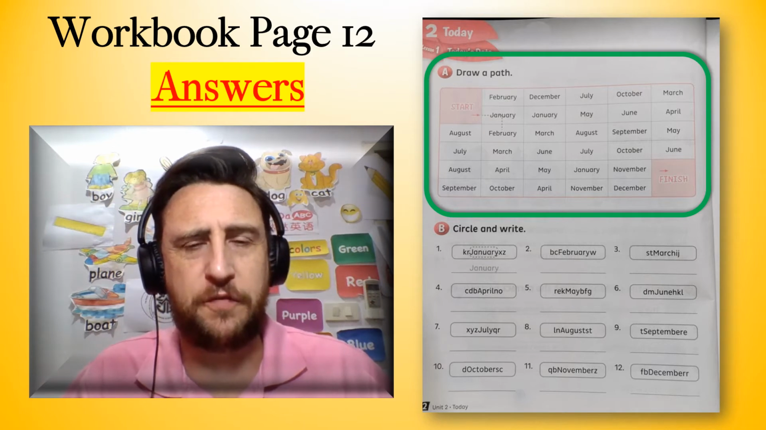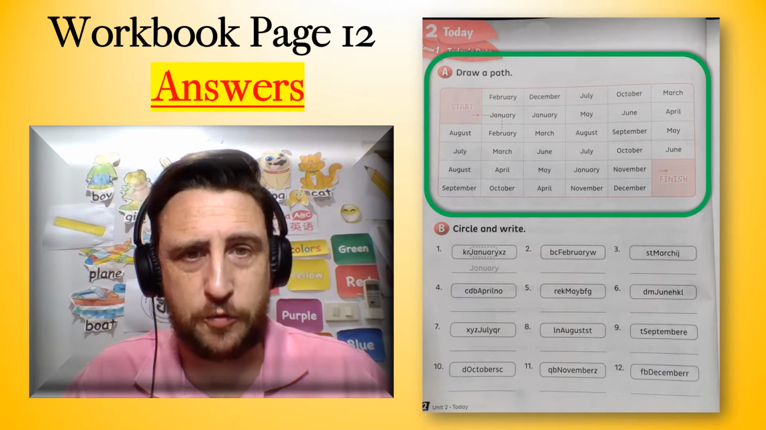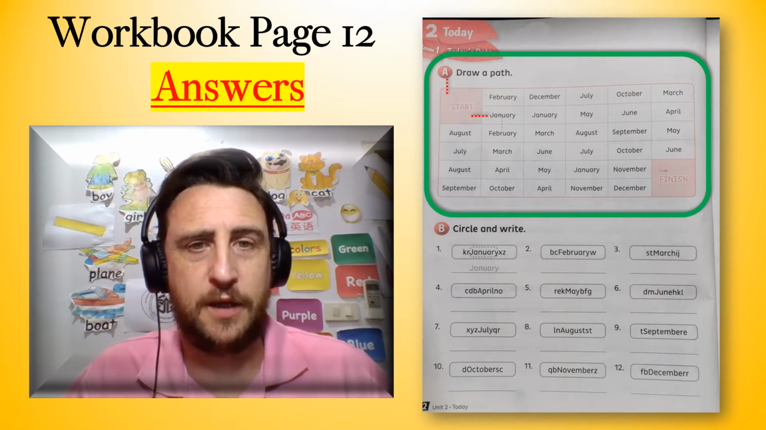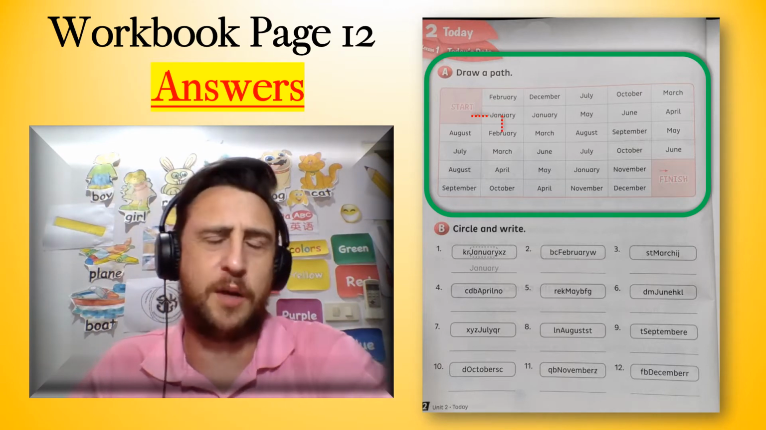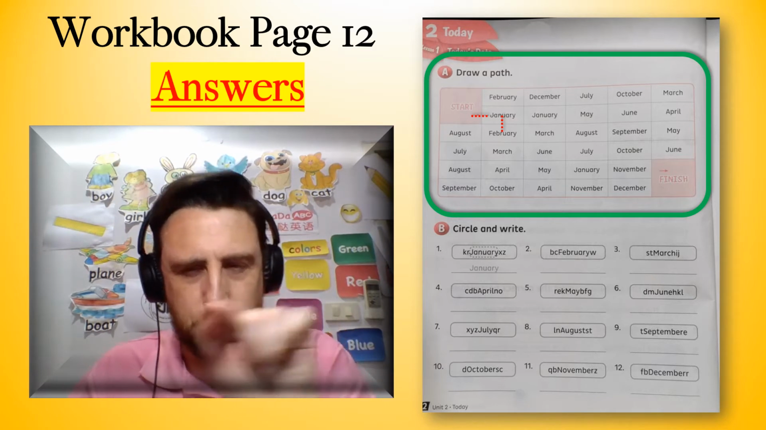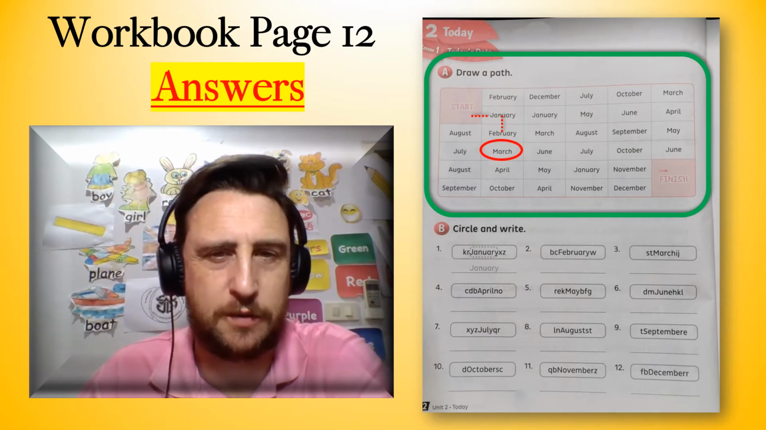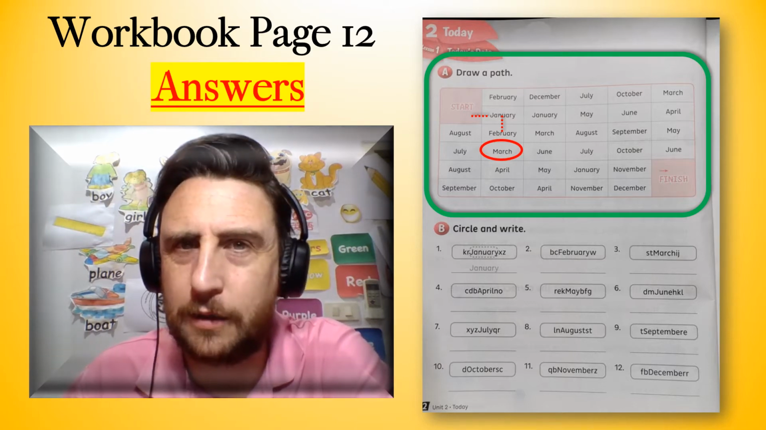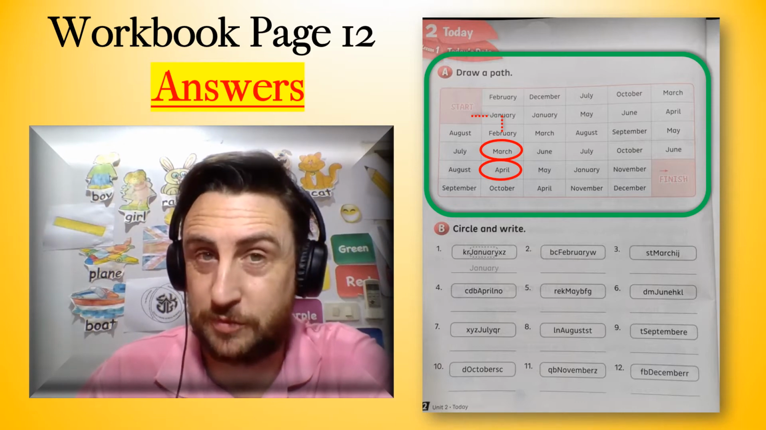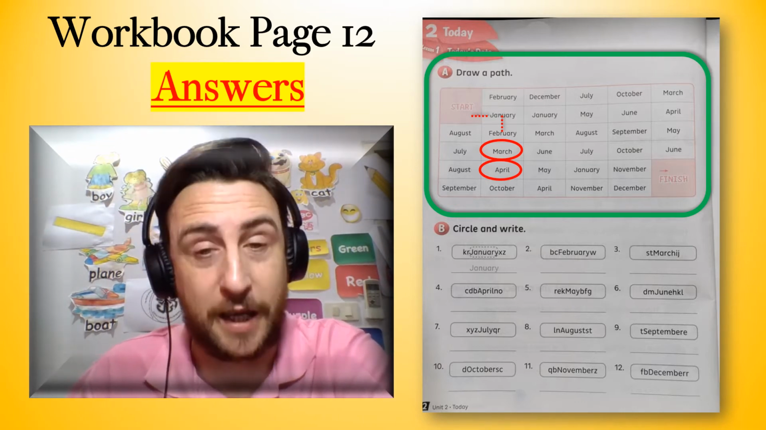It gave you the first 2 months that you had to use from the start. So here's the first one, January, and then February, and then what comes after February? March. But look, there are 2 March. Which one is the correct one? This one. Why? Because only this one touches April, which is the next month. January, February, March, April,